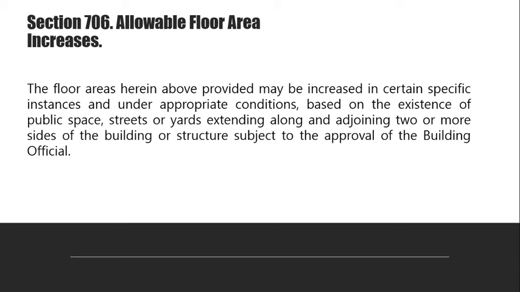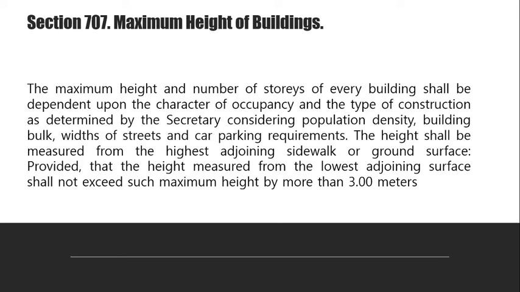So another section is the section 707, wherein it explains the maximum height of buildings. The maximum height and number of stories of every building shall be dependent upon the character of occupancy and the type of construction, as determined by the Secretary, considering population, the density, the building bulk, width of streets, and car parking requirements. The height shall be